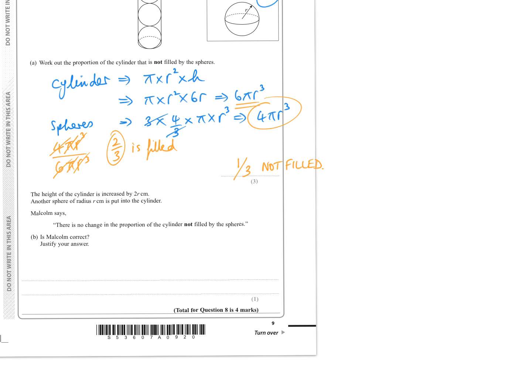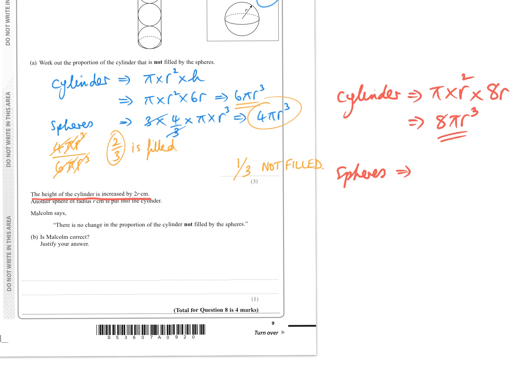The next part of the question says, the height of the cylinder is increased by 2r centimetres. So now we'd have cylinder would be pi times r squared times, well, it would be 8r because it would be 6r plus 2r more. And that gives us 8 pi r cubed. And now for the spheres, we've got 4 of them, so 4 times 4/3 pi r cubed, and that gives us 16/3